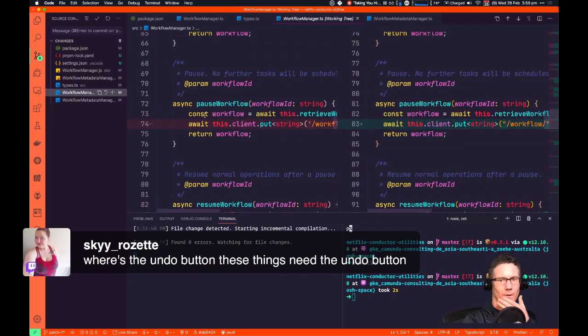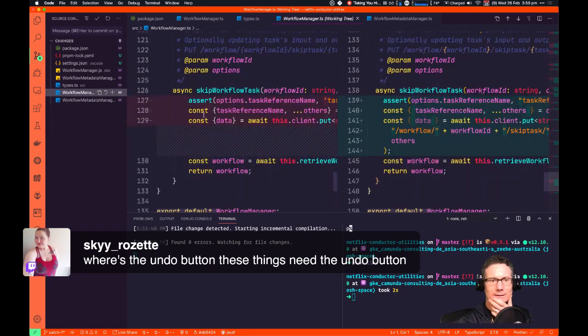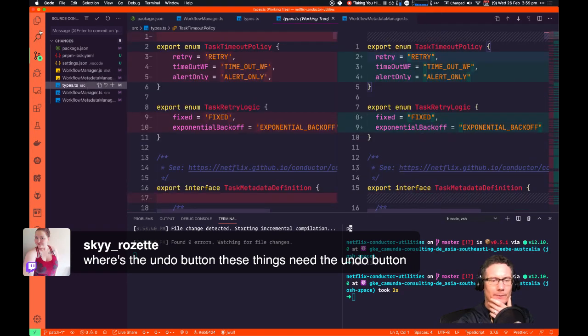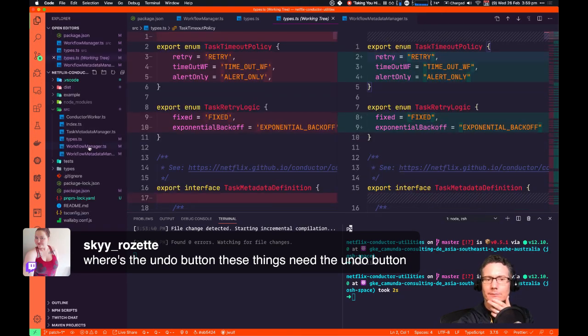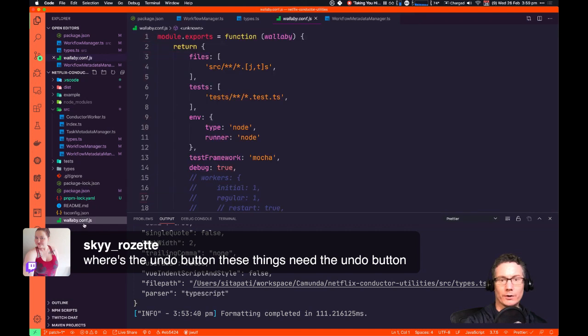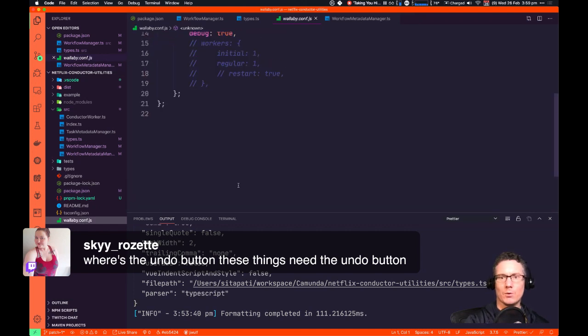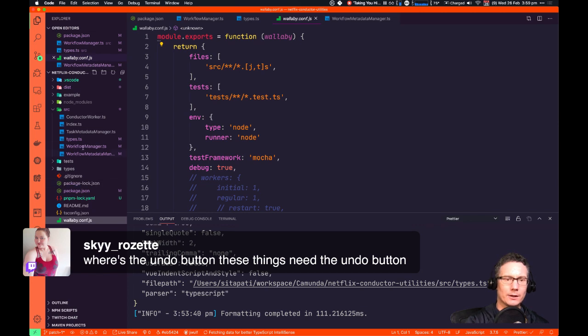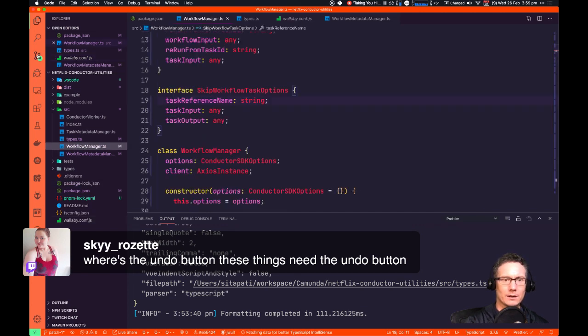That's no good. Dude. Boo. It doesn't have a prettier setting in his... there's a wallaby.conf though, so he's using Wallaby, which is from the guys who make Quokka. Okay, sucks.